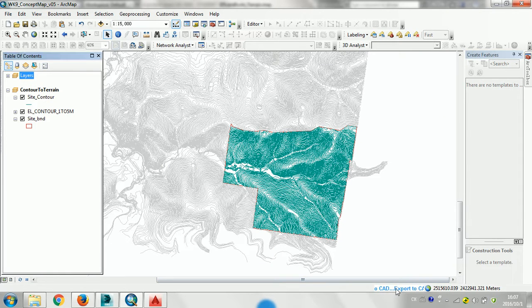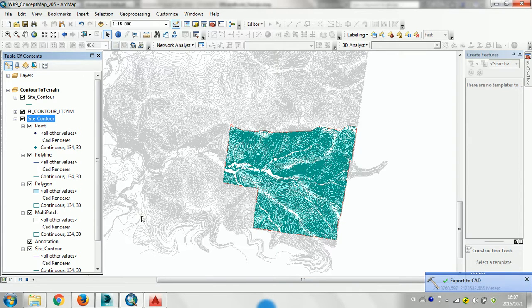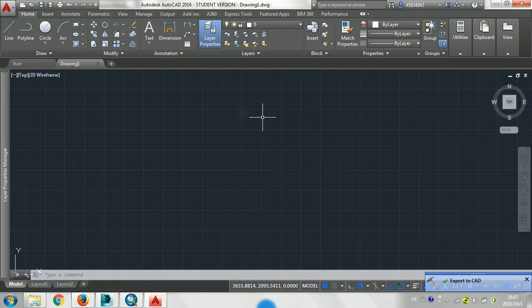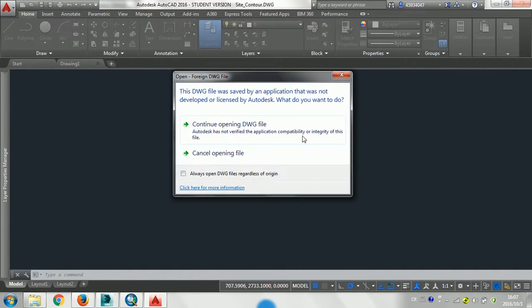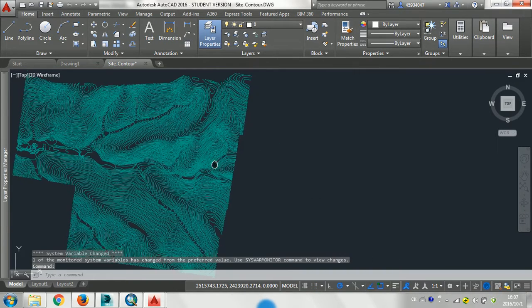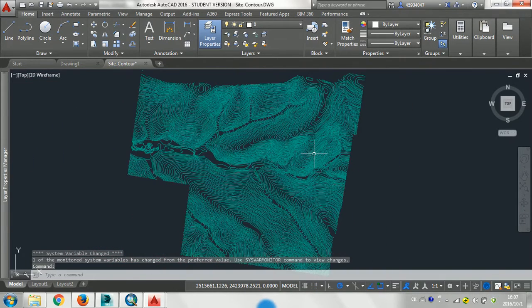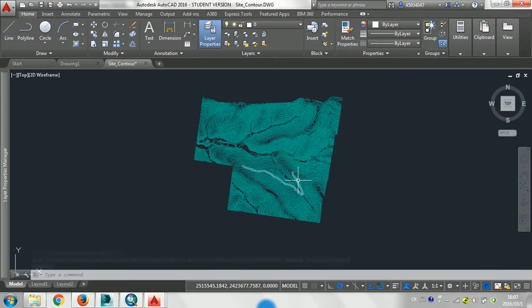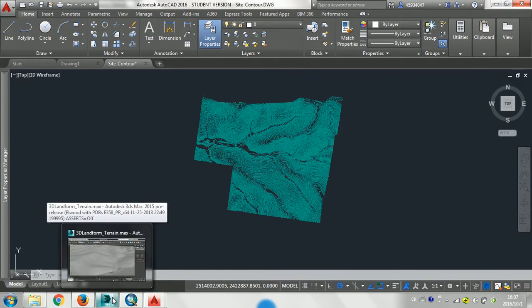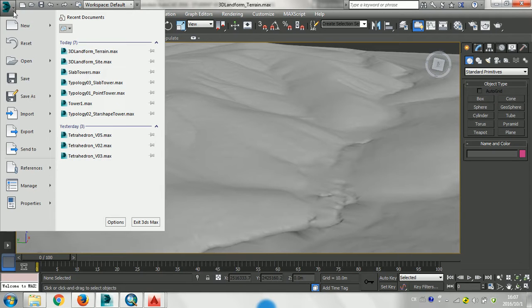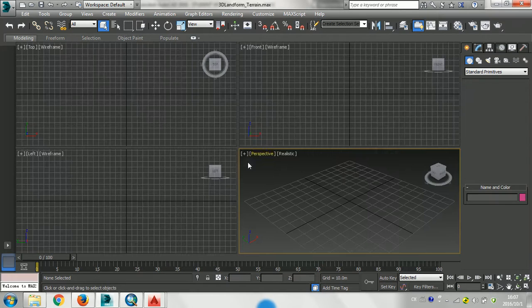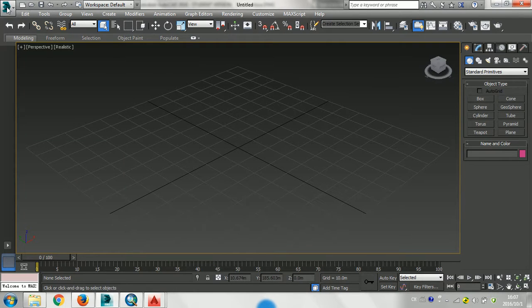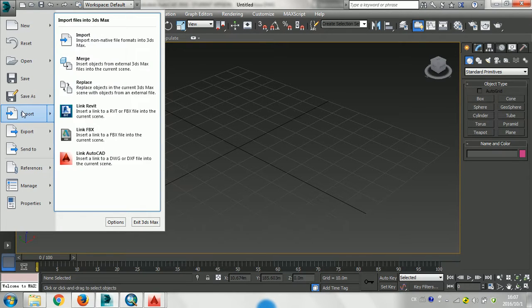Then GIS is going to do the processing, and once that's done, we come to CAD and open the file. We can have a look. So basically we can see the contour lines have already been exported. So now we can go to 3ds Max. We just reset the file, and now we can import the CAD file